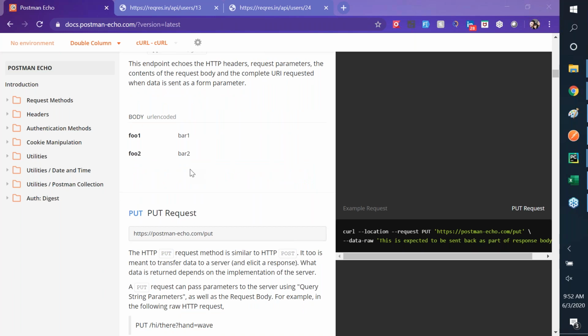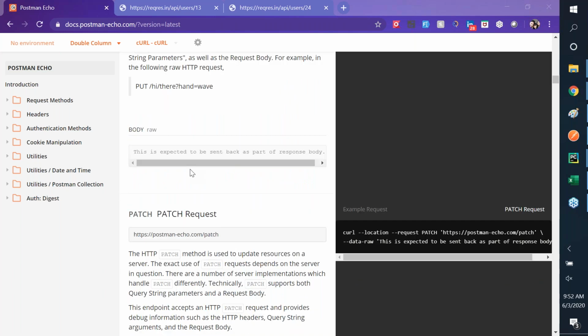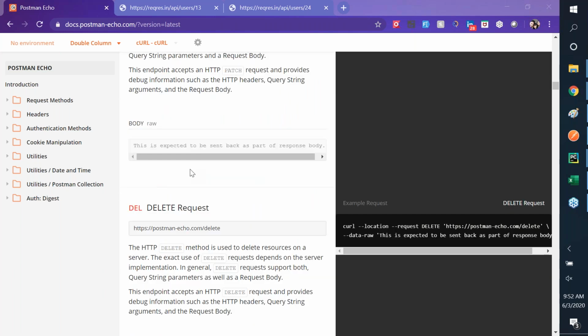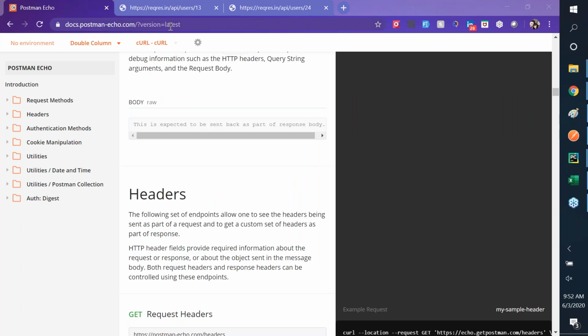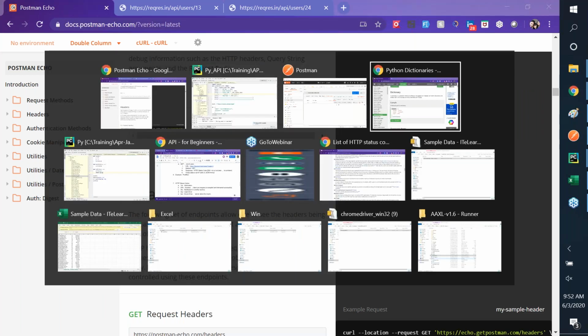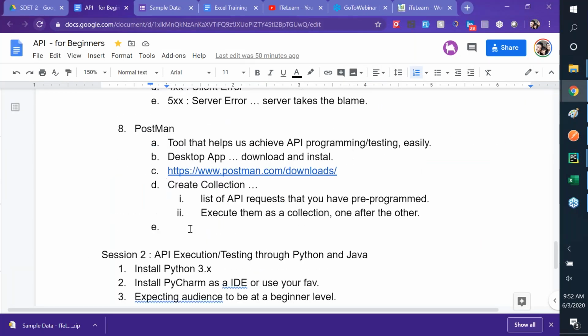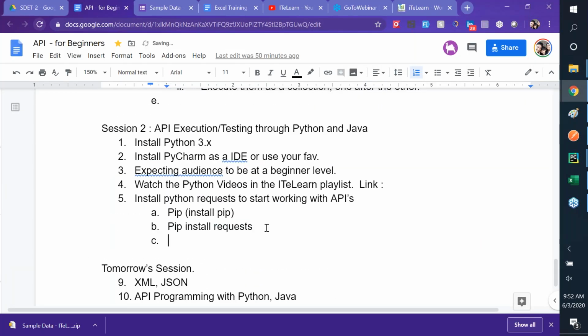And there's a put request, patch request, delete request. Try this thing. And I think we've done a lot in here, but I did not write even a single line of code. So all this work done through